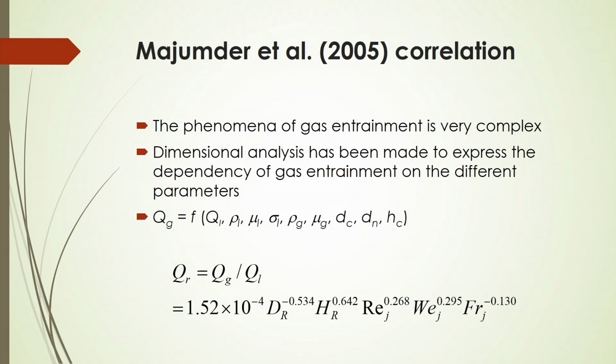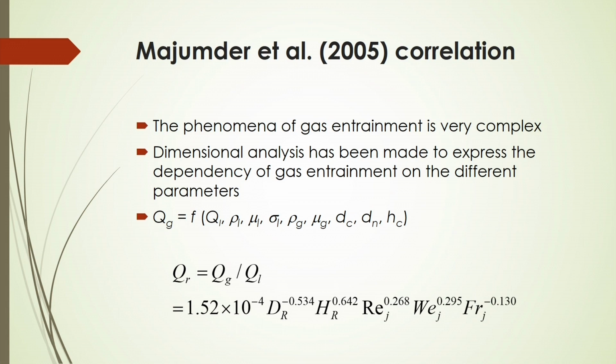Now, there are several correlations available that I have shown in the table. In the downflow systems, we have developed one correlation based on the different operating parameters. It is very difficult to get a mechanistic model to interpret the entrainment characteristics of the gas for gas liquid operations. For gas liquid operations, you can predict the entrainment of the gas, how much gas is entrained, by making empirical correlations.